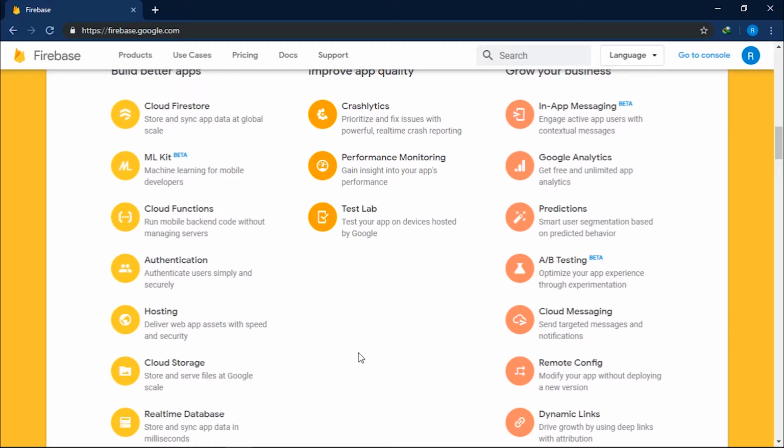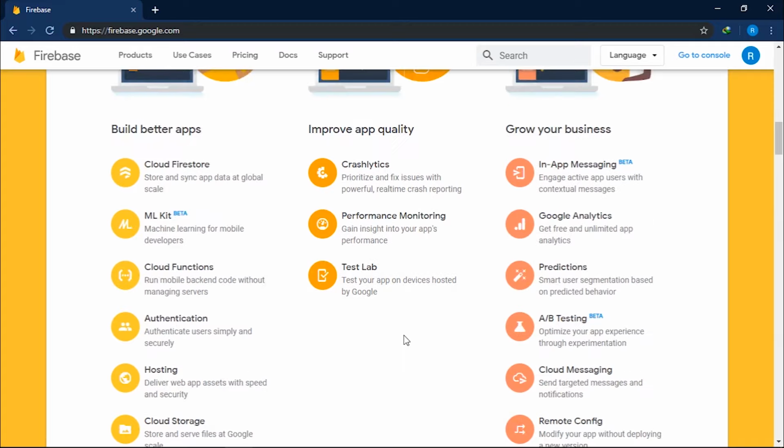Now you have developed your application. Moving on to improving your app quality. Before delivering your application to your end users, you need to make sure that it is free of any crashes, bugs, or any features that will make your users leave your application. So first of all, the feature that it provides is Crashlytics. Running on such a large number of devices and a variety of Android versions, it is always possible that your app will encounter some issue that leads to crashes and bugs, which may drive your user away from their desired experience and make them leave the application or even uninstall it.